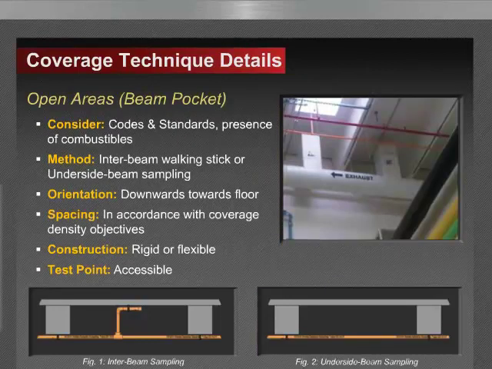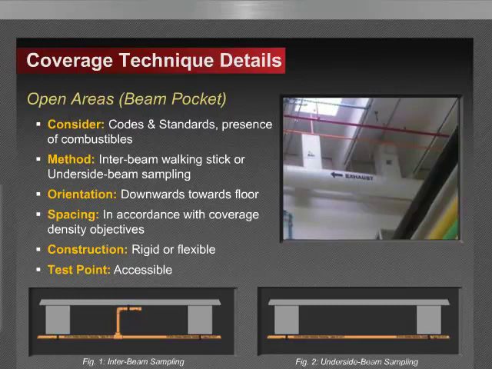Right. So as you'll see in this slide here, we address both configurations where sample points are directly below the beam pocket, and it's considered a flush ceiling in that respect. But it comes down to what the local jurisdiction will accept, and also what combustibles are in the pocket. And so this configuration that we show in Figure 2 here on the screen considers that there are no combustibles in the pocket, and the local jurisdiction will accept that. And that's what it generally comes down to.